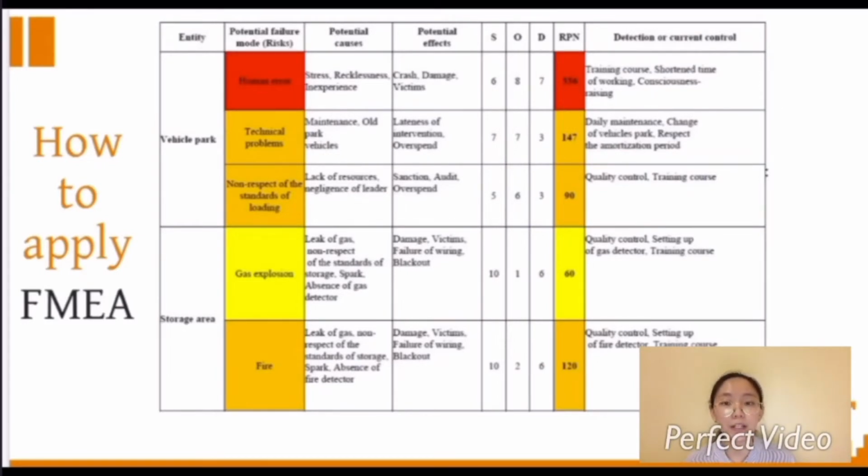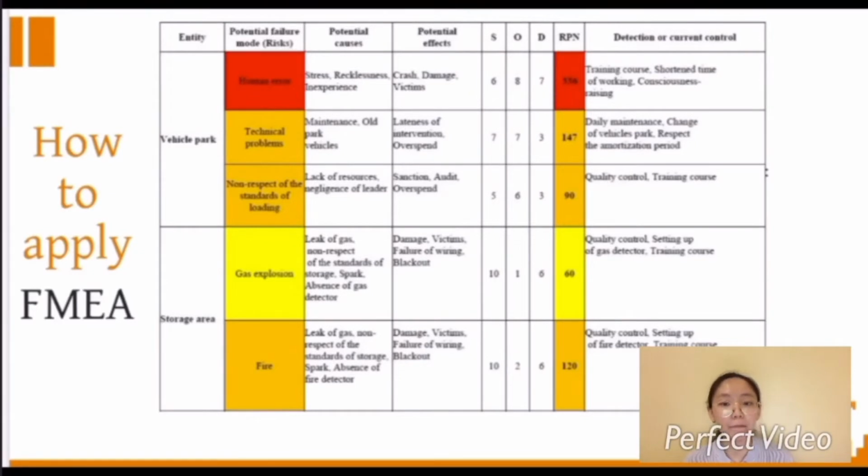To get a clearer illustration, I'll show you the application of the FMEA. Let's get started. The first thing is you draw a table of 9 columns with the description of entity, potential risk, potential causes, potential effects, S for severity, O for occurrence, D for detection, and RPN for risk priority number, and the last column is for current control.